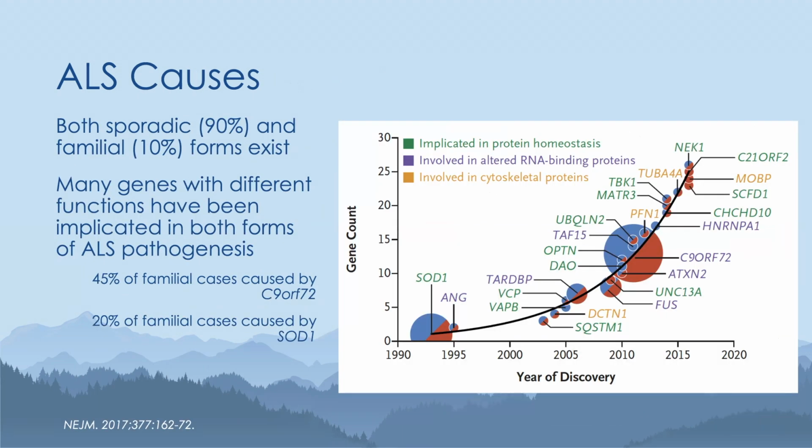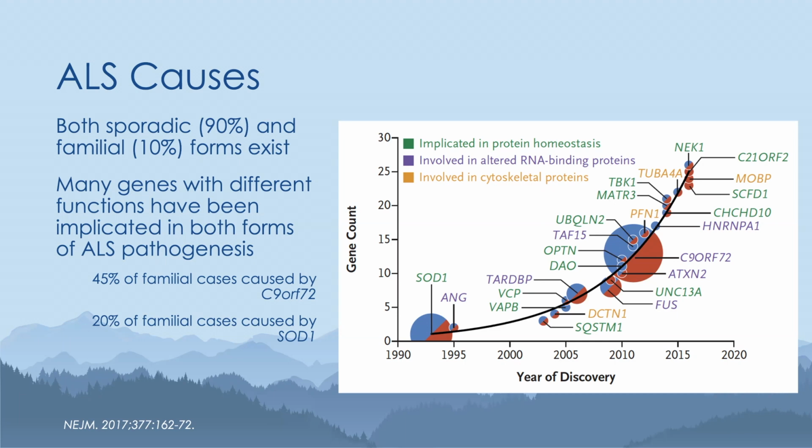In terms of the causes of ALS, there are 2 forms: sporadic, which comprises 90% of cases and is often attendant by presumed environmental factors, and a less frequent but real familial form that comprises 10% of cases. And there have been many genes that have been implicated, each with their own unique functions, in both forms of ALS. And this was highlighted in a recent New England Journal of Medicine review that I'm showcasing here, where you